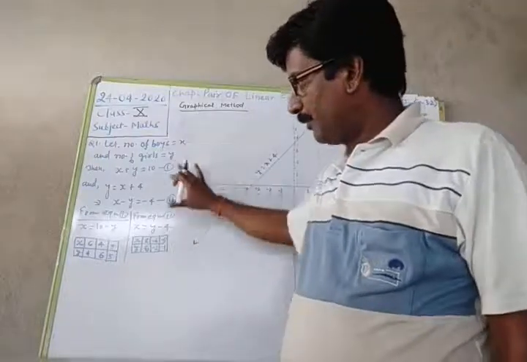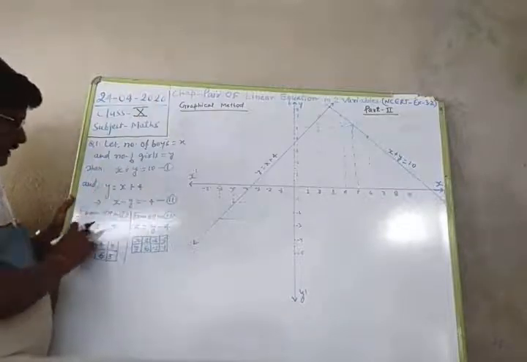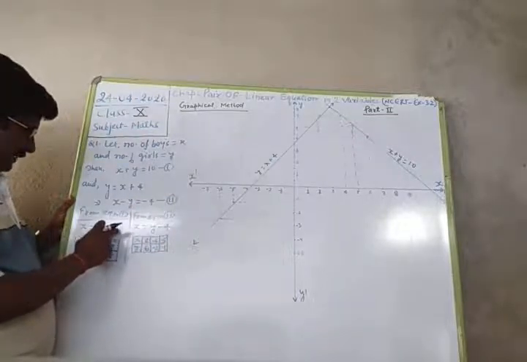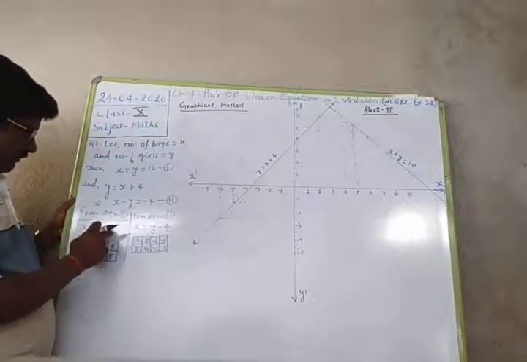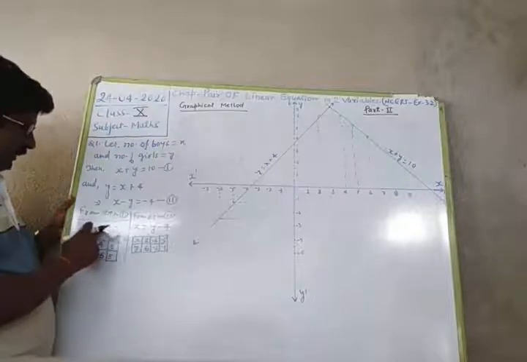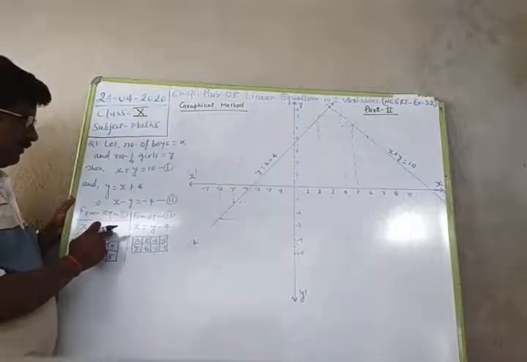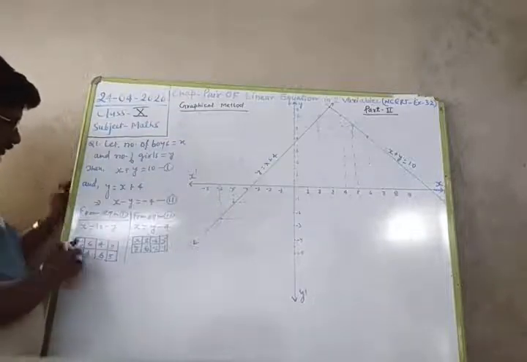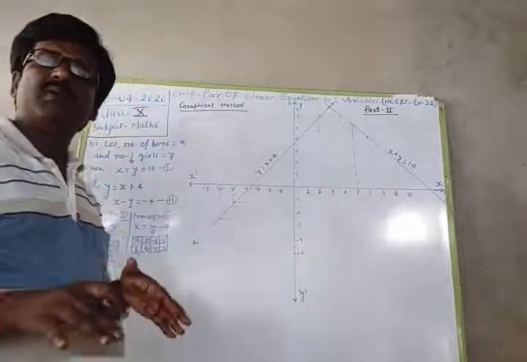And after framing these equations, see, from equation 1, x plus y is equal to 10, so x will be 10 minus y. And from x is equal to 10 minus y, if I take the value of y as 4, then x will be 10 minus 4, 6. And when the value of y is 6, then x will be 10 minus 6, 4. And when the number of girls, that is y, is 5, then 10 minus 5 is equal to 5. So x is also 5. So this way I have got the values of x and y.